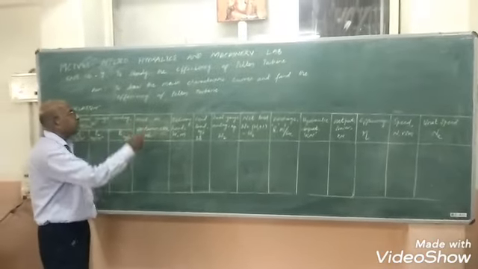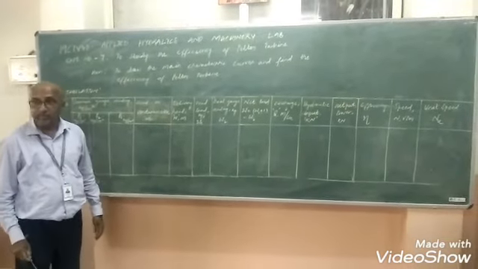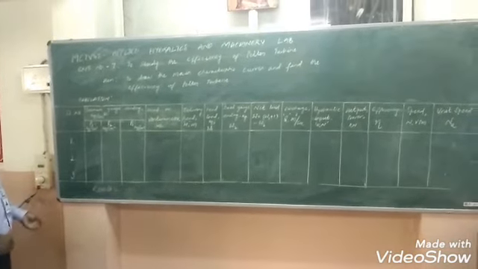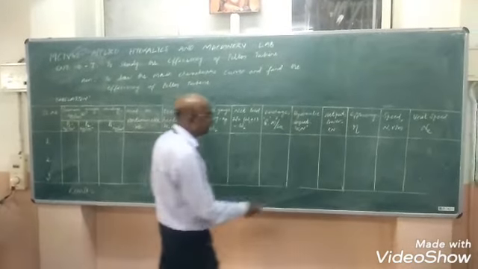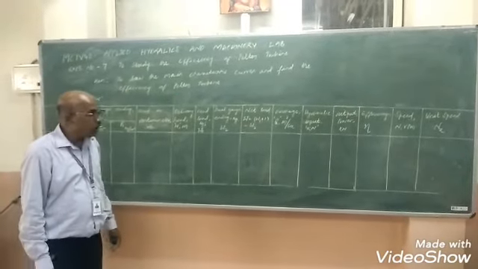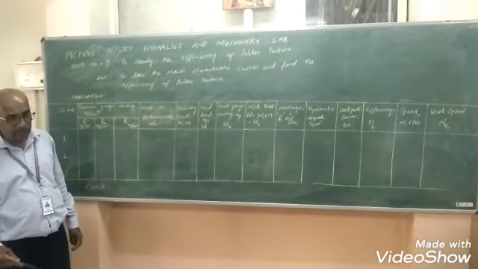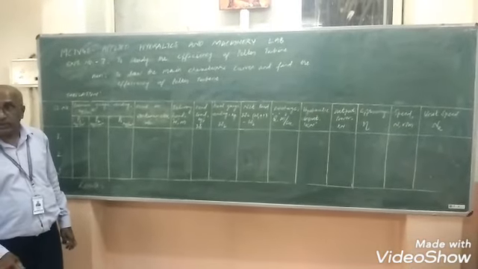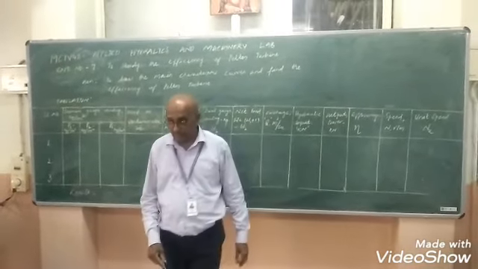We are finding the main characteristic curves for case 1, keeping it constant. This is the table format available to find the overall efficiency of the Pelton turbine. Overall efficiency is the ratio of output divided by input. Output is in the form of shaft power, divided by water power. So it gives the overall efficiency of this Pelton turbine.